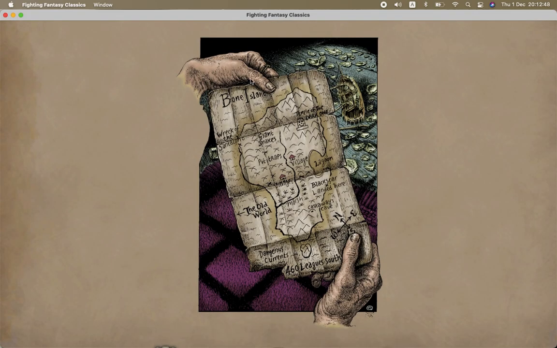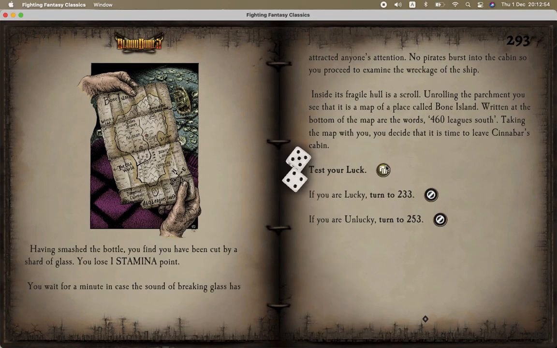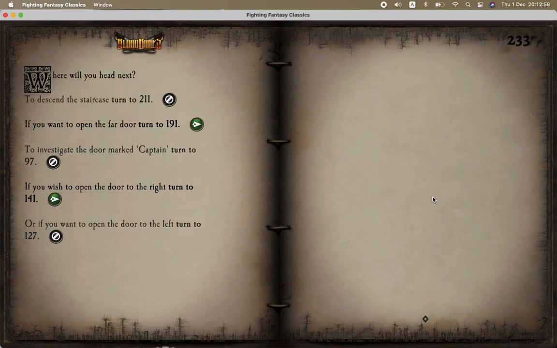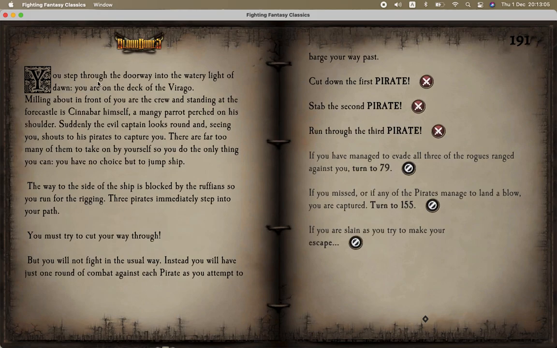As you can see right here, we can test our luck, and we are lucky. Where will you head next? Open the far door. We're not going to look at the one on the right. You step through the doorway into the watery light of the dawn. You are now on the deck of the Virago. Milling about in front of you are the crew, and standing at the forecastle is Cinnabar himself, a mangy pirate